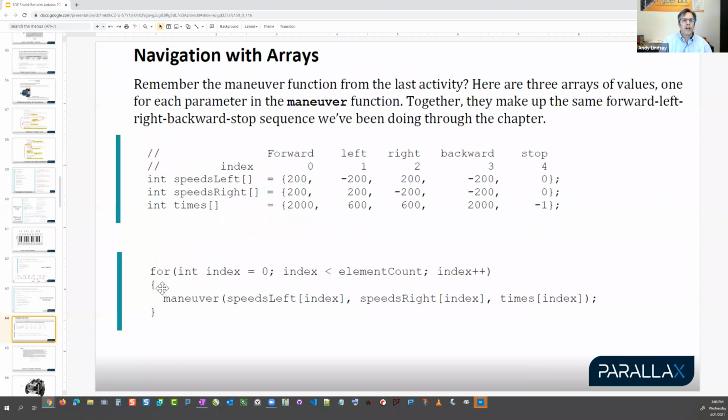And then at the very end of the chapter, they combine the using of the maneuver function with 3 different arrays. And then they have a for loop that grabs 200, 200, 2000, sticks 200, 200, 2000 there. Next time through, the index increases. So it gets the next set of values, which is negative 200, positive 200, 600. And it goes through each of these maneuvers and we get that same old forward, left, right, backward maneuver